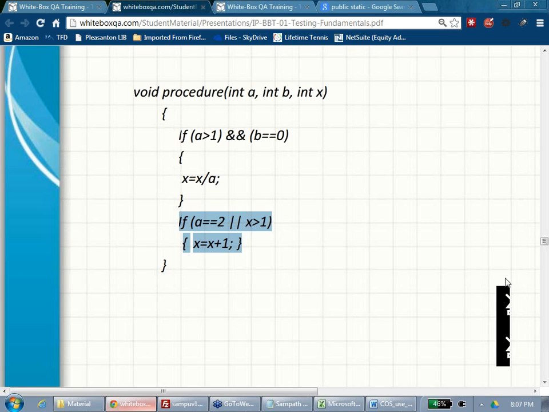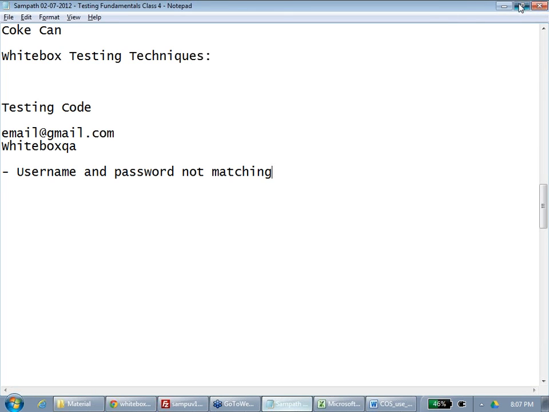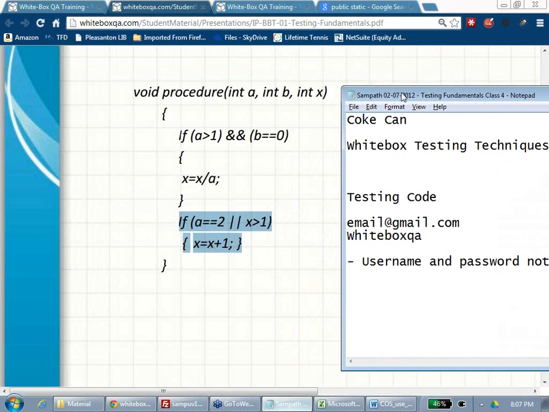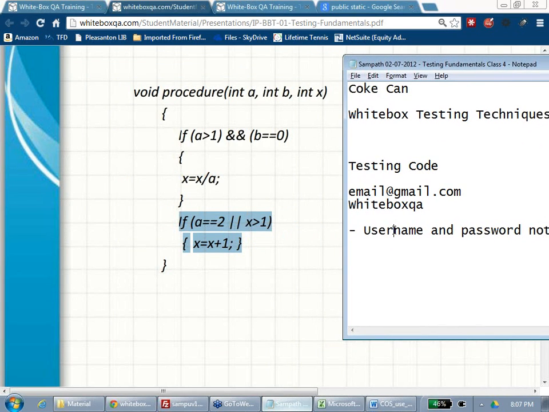I will write it down here. I will give you A, B and X as 2010. Now tell me what will happen to X. X is 5?